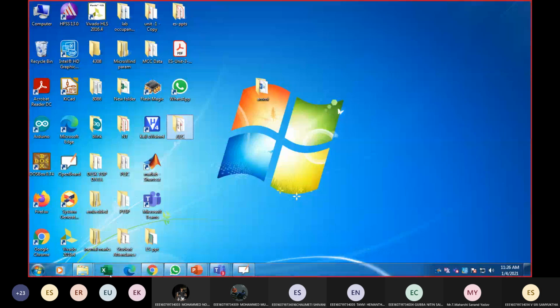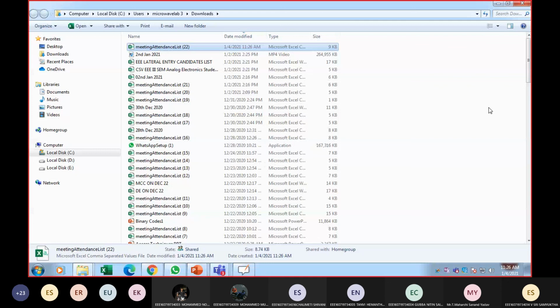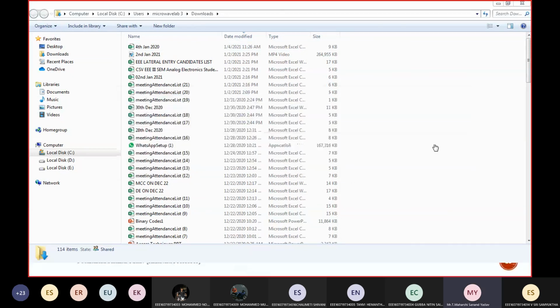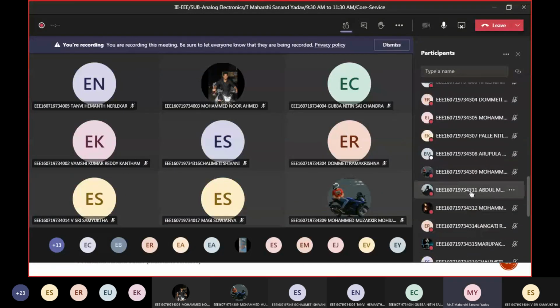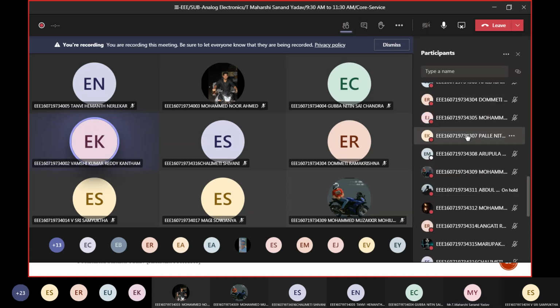Yes, sir. So are you ready for tomorrow's presentation? Yes, sir. Is there any other topic that you want to take, others? If you're interested, can anyone explain to me the working of a multimeter? I think lateral entry students can do it easily because they've already worked on this. Yes or no? Bhavani Shankar. Sir.